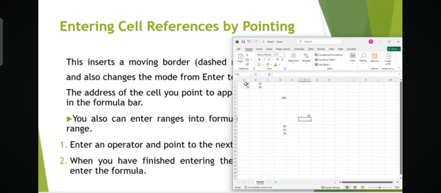But I know that all the values I want can be covered in a particular range, which is cell A1 to cell B2. So if I want to do that, I can say equal to sum, bracket open, cell A1, which is the first point, and then B2, which is the last point. If you remember when we were talking about ranges, okay. So I use the